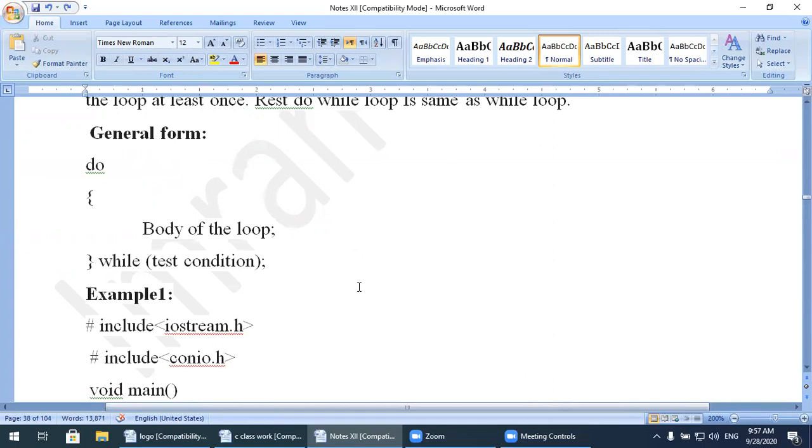In decision control we studied these topics: if statement, if else statement, nested if statement, nested if else statement, which we will discuss later, else if statement, and switch statement. In the loop control structures, we discussed the for loop, the while loop, and already we discussed the do while loop.